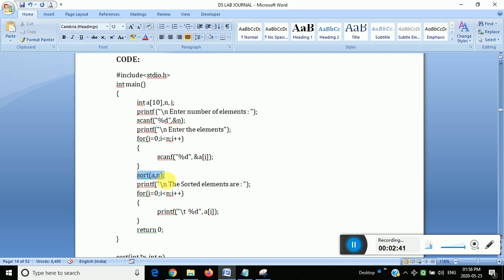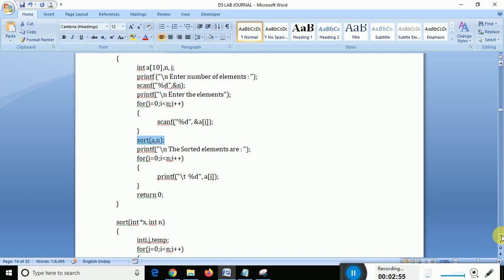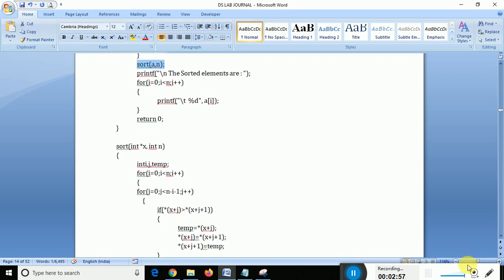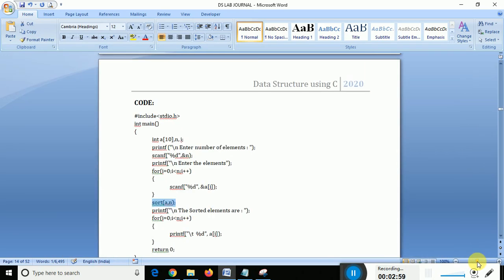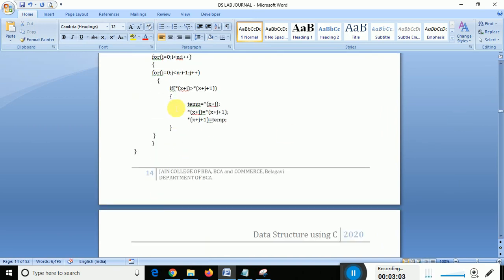This is known as the calling function. It will call the sort function, and the sort function is defined below. Here it is.